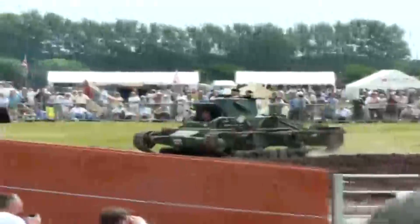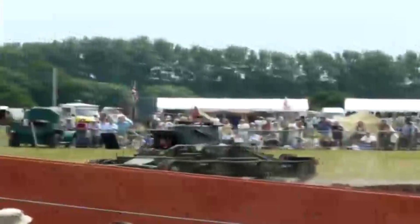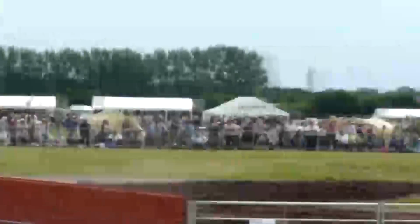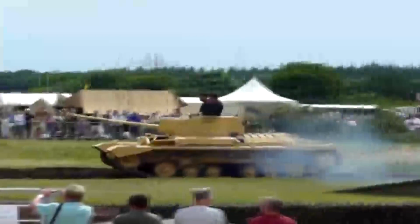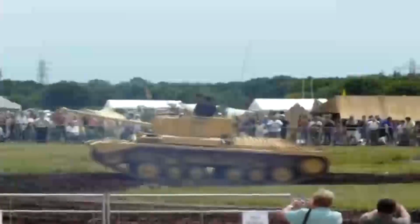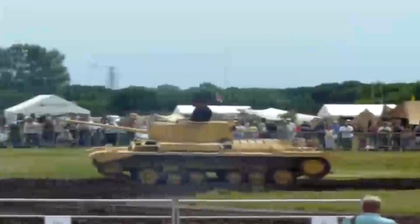If you go into the vehicle park when the demonstration's over, you'll see another Valentine there, and that Valentine has got a canvas screen around it. It was a type known as the DD tank, or duplex drive. It was a swimming tank. That particular model, the Valentine, was used in Italy in that role. But it's a restored vehicle. Unfortunately, it's not in running order at the moment. We have brought it out